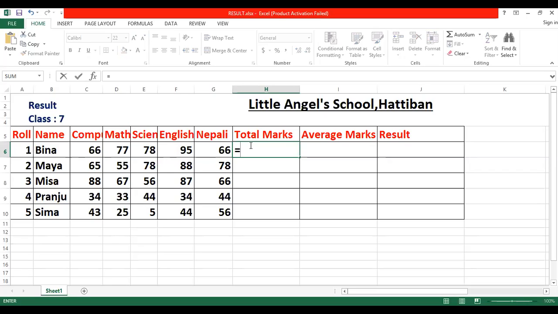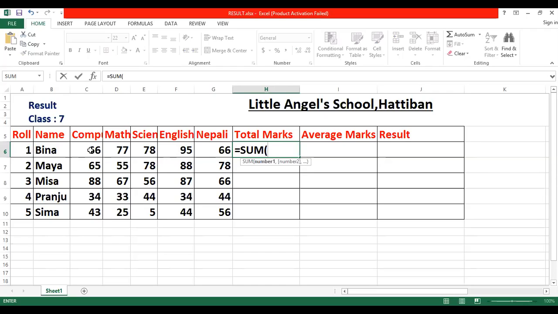Why will you use the sum function? It is used to find the total of numeric values. The purpose of the sum function is to find the total of numeric values, and we use a function to make a long formula short. We can calculate by using the long method also, but it will be easy for us if we use the shortcut method, that is, the function.